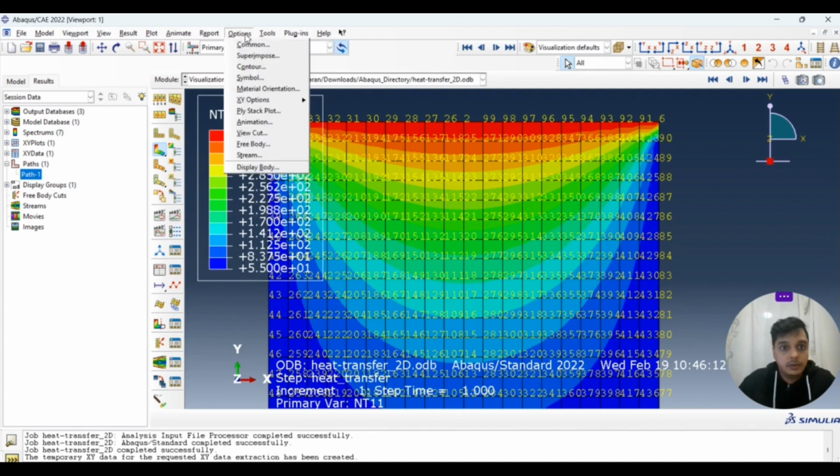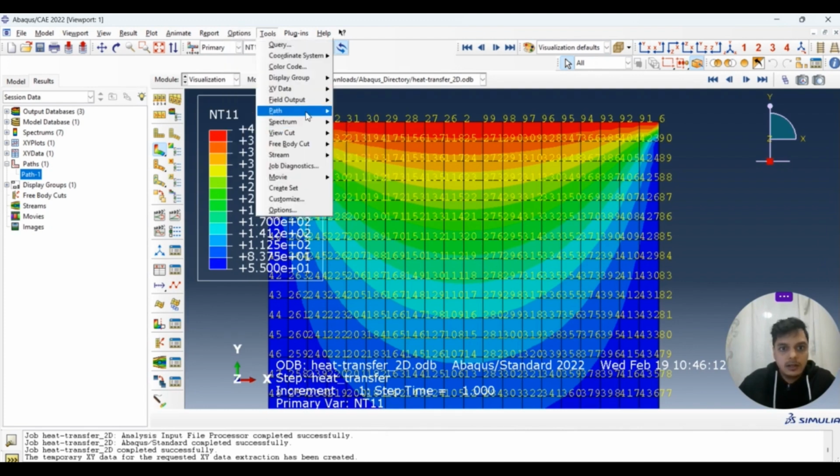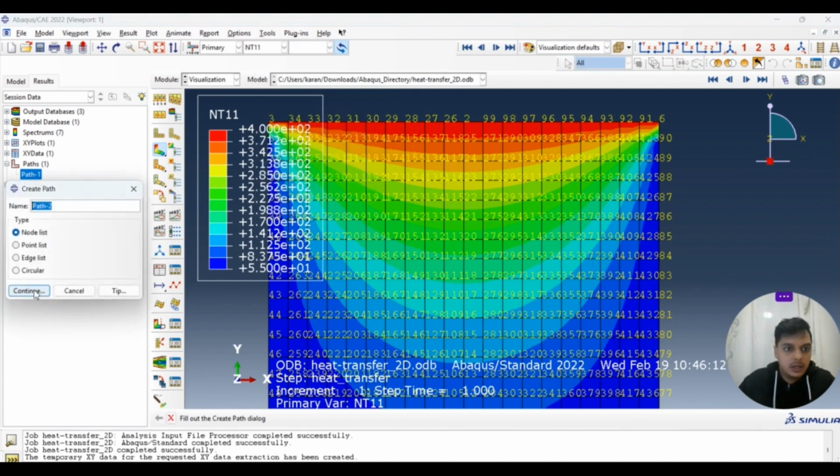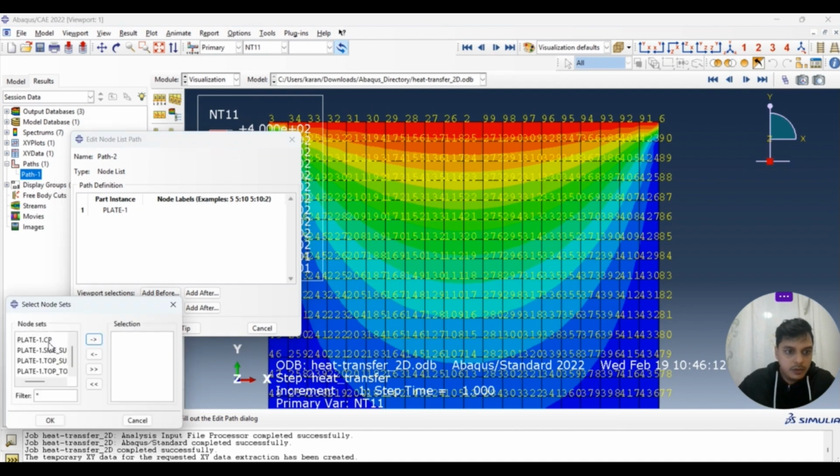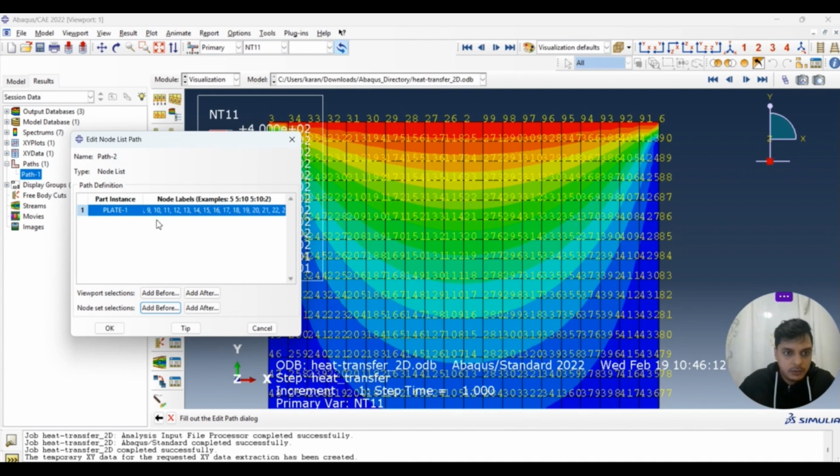So again, we go to the path, create path, and continue with this path. We want, as I did earlier, top to bottom. This is what I want.